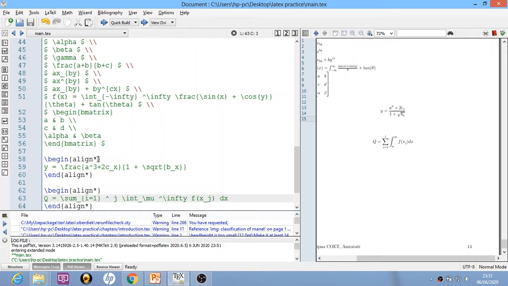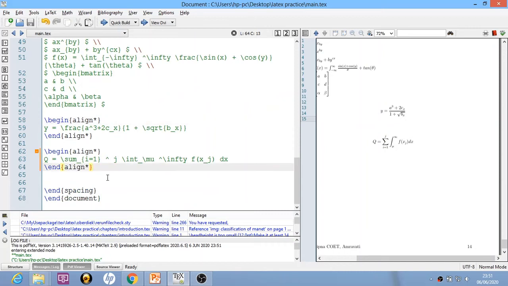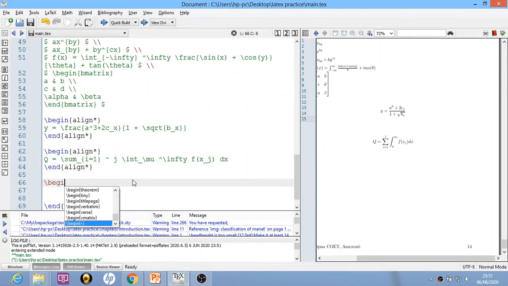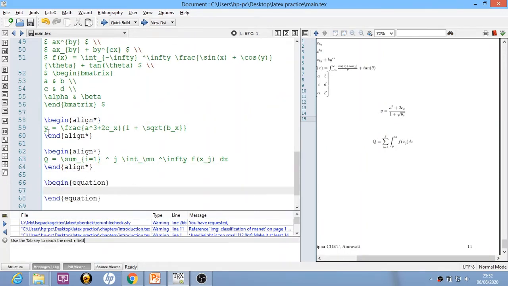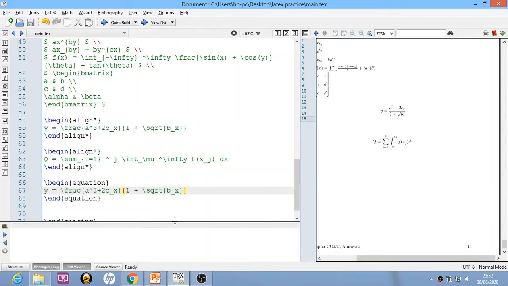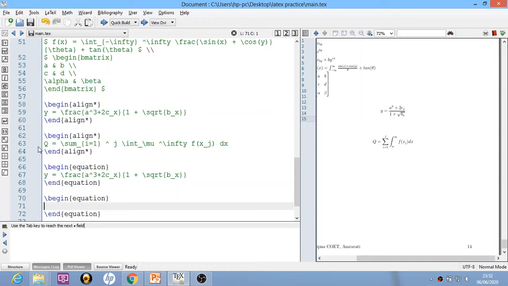Now suppose I want to write this equation and I want to number those equations. So what I will do is, instead of align, I will write begin equation and end equation, and I will copy this equation over here, and also copy the second equation and paste it over here, and now I will compile this.